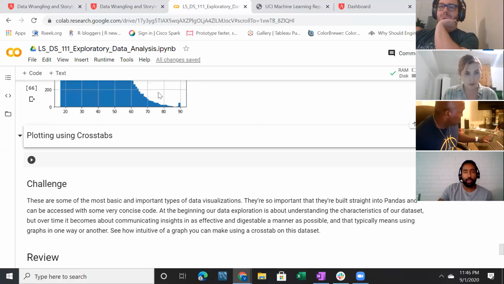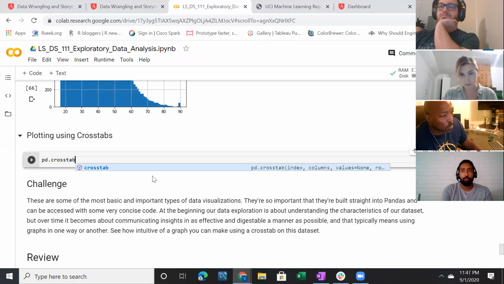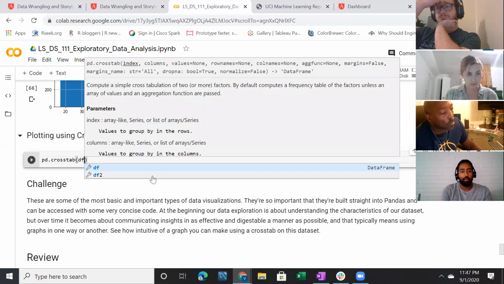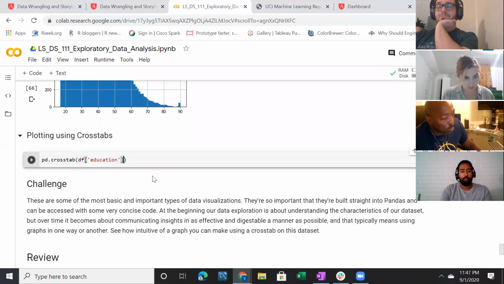We can also use cross tabulations and plot cross tabulations. So let's look at our cross tabulations and understand what this does. So cross tabulations are useful for understanding two categorical variables and the frequency of those combinations of categorical variables. So for instance, here, if I say pd.crosstab, which is how I generate a cross tabulation, and I say on one axis, give me the education, and let's say on the other axis,